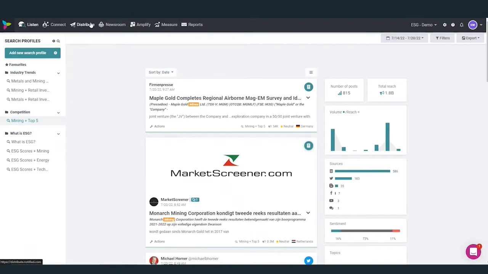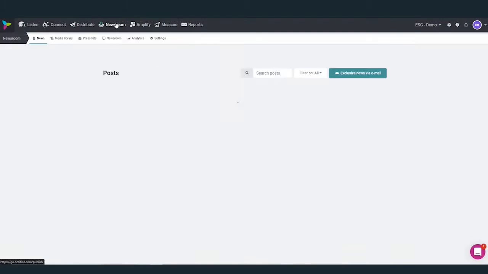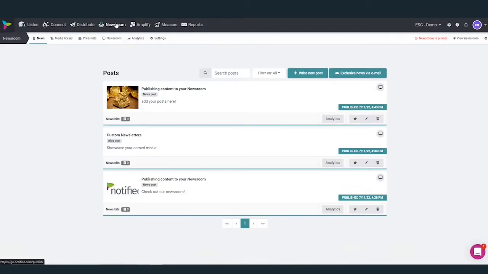Moving from distribute to the newsroom, as an added value, you also have the ability to create and manage customized landing pages or newsrooms that are linked back to your corporate site. So think of this almost as a trophy room for your earned media and user-generated content. We can mimic the look and feel of your website. You can host any of your news, automatically pull over your press releases, house any of your multimedia assets, so your photos, your videos, anything that you may want to post on your website, your press kits, and of course